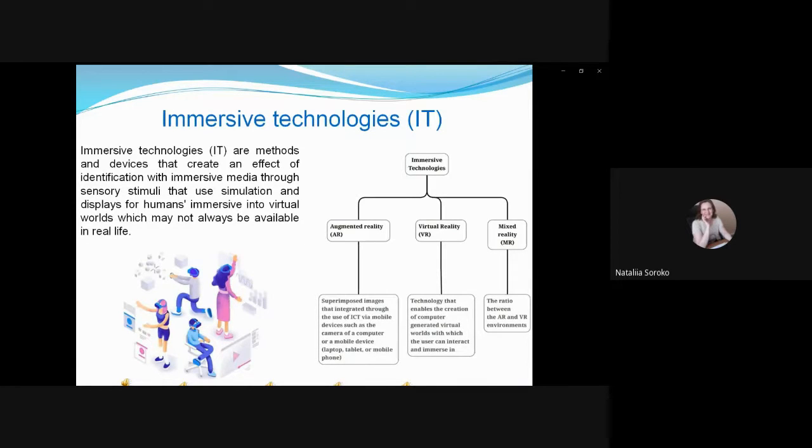Immersive technologies are methods and devices that create an effective identification with immersive media through sensory stimuli that use simulation and displays for humans immersed into virtual worlds which may not always be available in real life. It's a combination of real environment and digital technology via interactive activities, and the integration of virtual content with the physical environment, allowing the user to naturally interact with mixed reality, which includes two main types of reality,